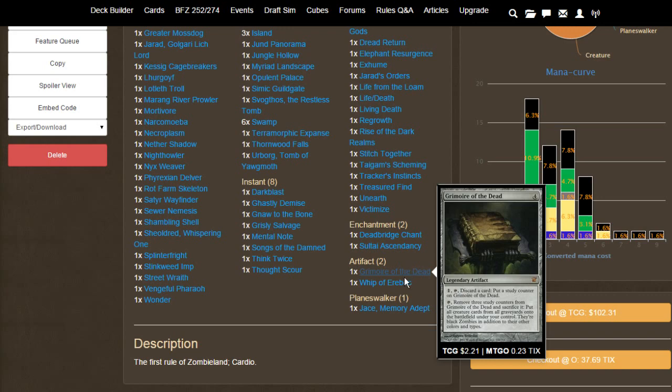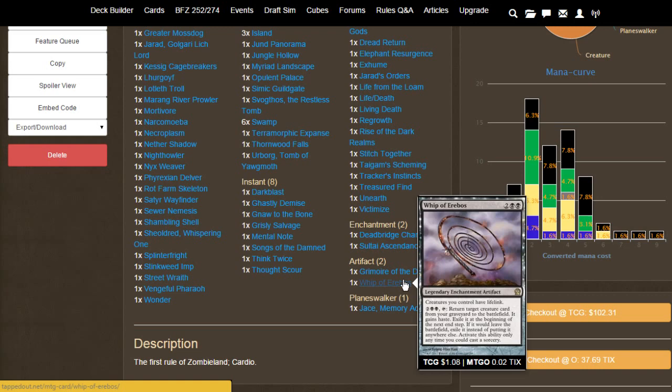Anyways, Whip of Erebos is great. Gives all your creatures lifelink, but that's secondary. The main thing is that you can whip people back from the graveyard. When this was in Standard, man,